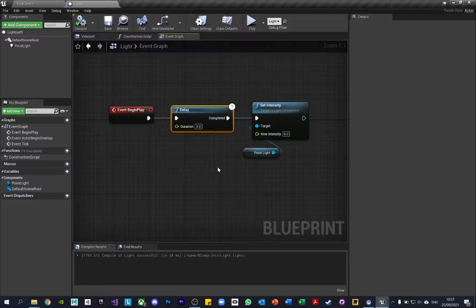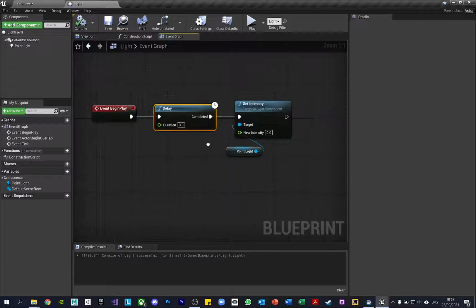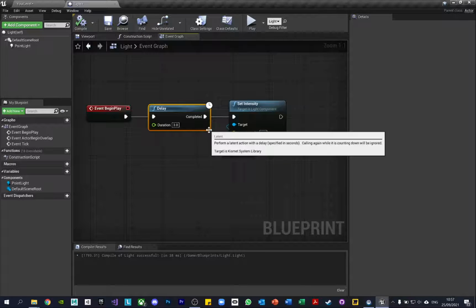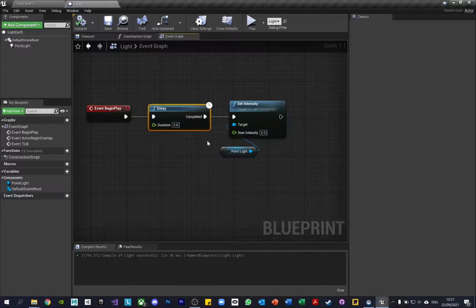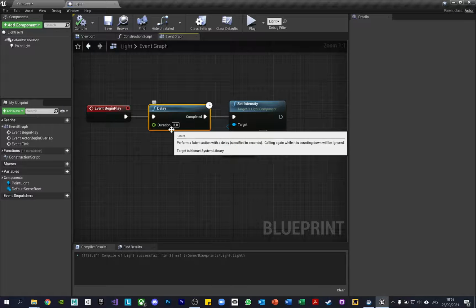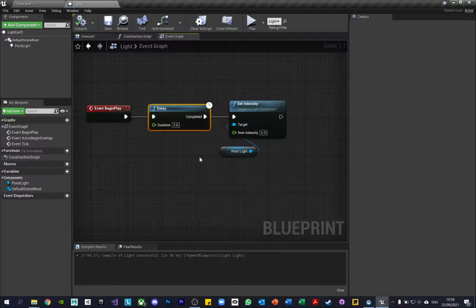So that's the basics of nodes, event graphs, event nodes, creating new nodes, linking them up through the execution pins. In the next one, we're going to introduce some new nodes and make this a bit more complicated. But yeah,